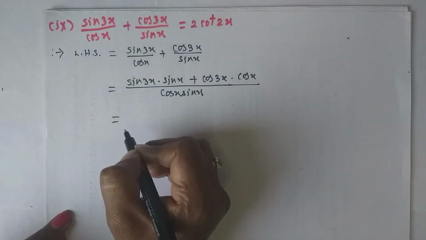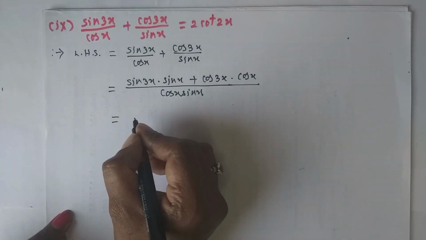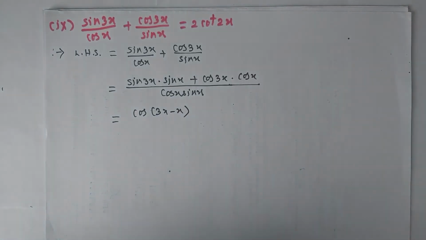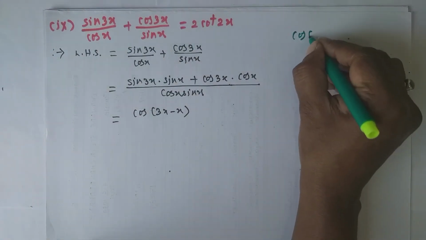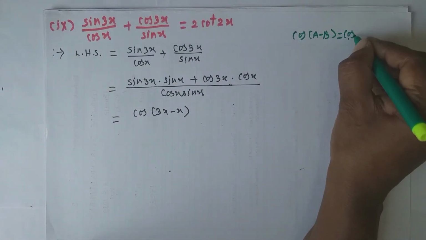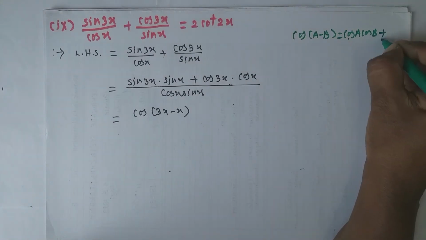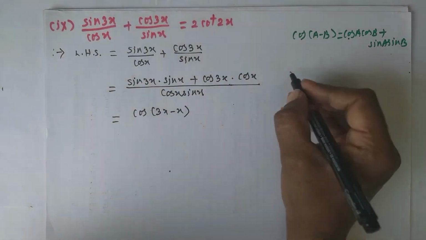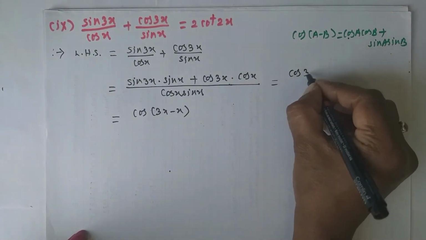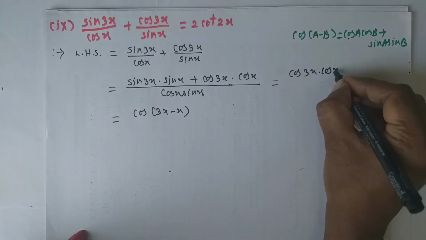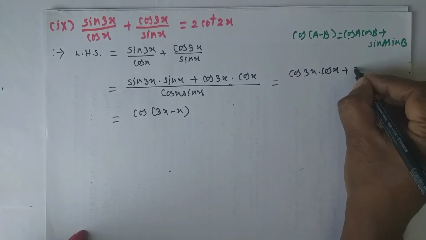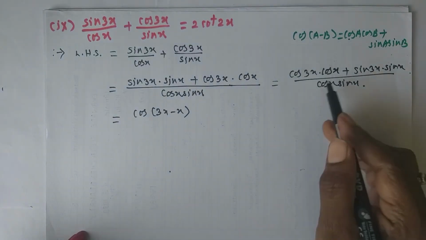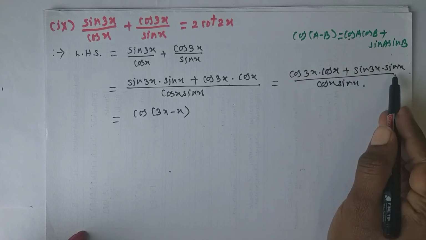And what is in the numerator? This is nothing but the formula of cos 3x minus x. That is the formula of, see here, cos a minus b is what? Cos a cos b plus sin a sin b. Here you rearrange this term. Write down this term first, that is cos 3x. As both the terms are in addition, you can interchange their place for your simplicity. Addition is commutative. Therefore, cos 3x cos x, sin 3x sin x.